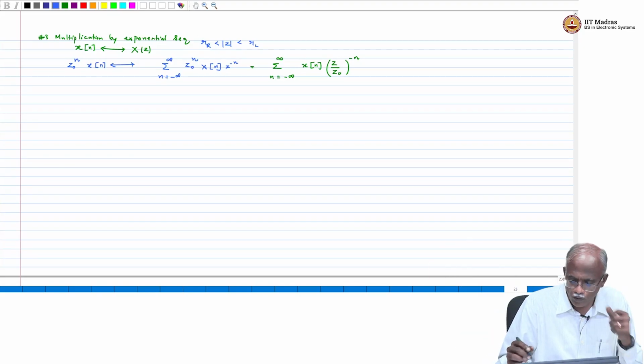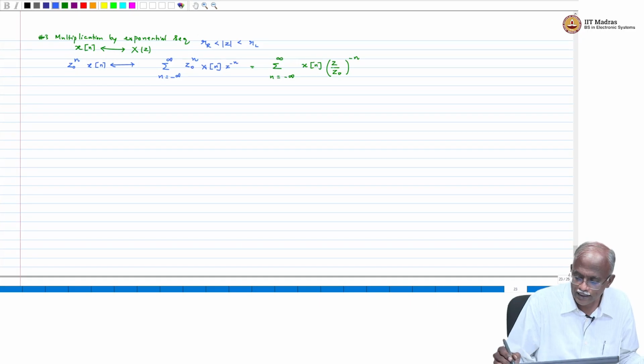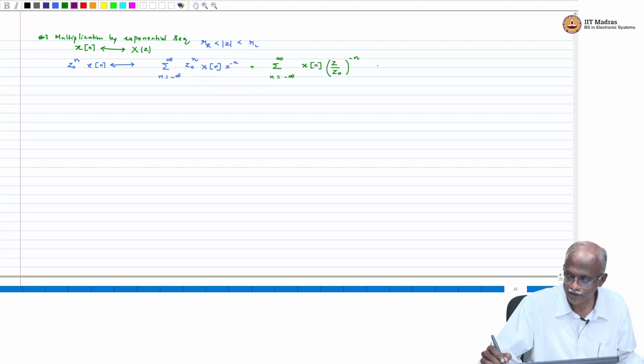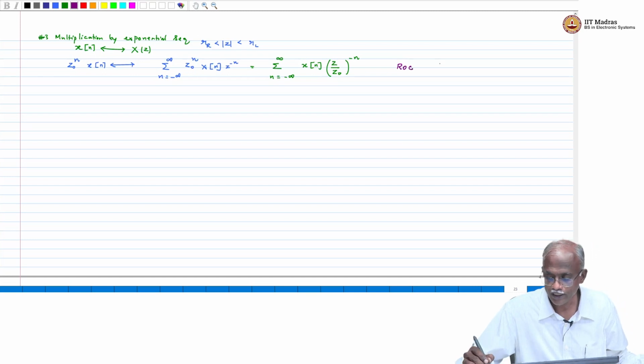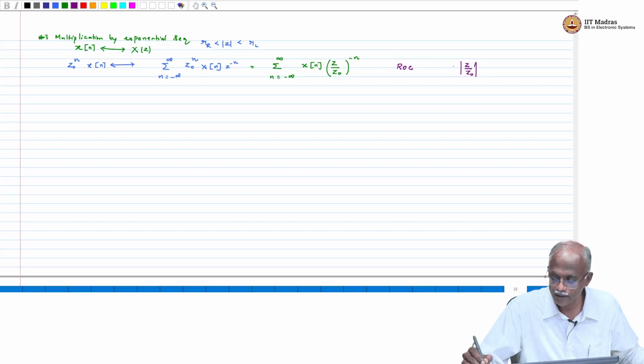Now what we find is that z in the original expression has been replaced by z by z0. So the ROC for this particular transform will be mod z by z0 greater than RR